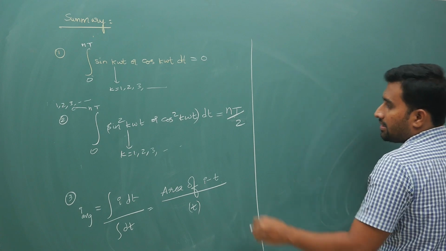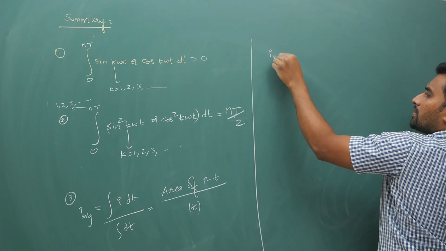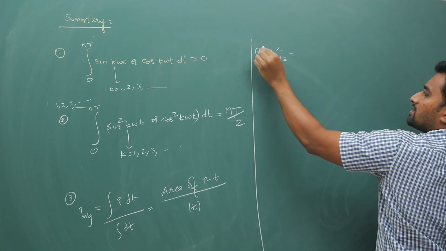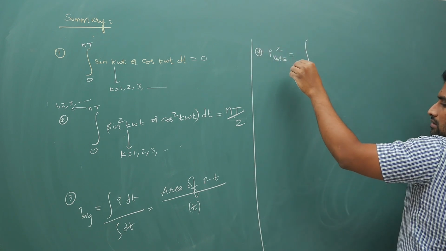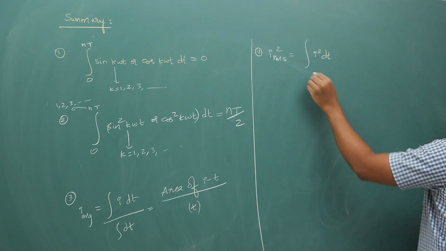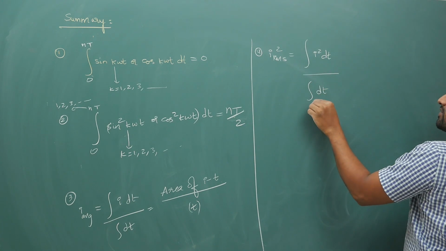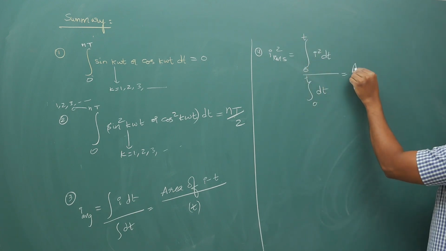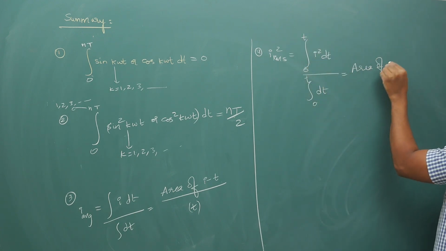Next, if you are asked IRMS square, same logic. For voltage, it is the integral of I square dt by the integral of dt from 0 to T. That is the area of the I square versus t graph,